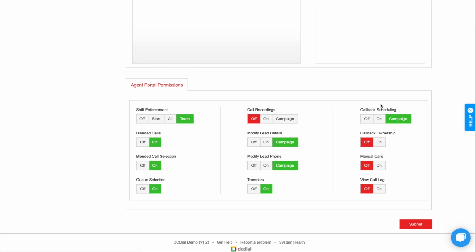Callback Scheduling allows agents to schedule callbacks with leads. Again, you can override campaign settings by choosing on or off. Callback ownership allows agents to take ownership of their callback so that only the agent that scheduled the callback can